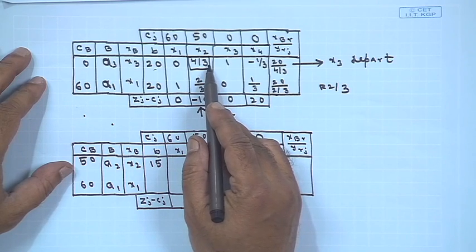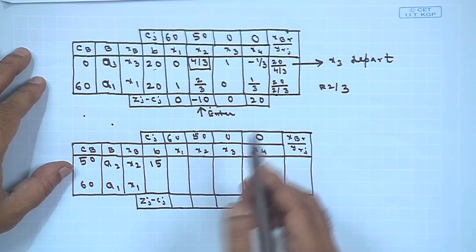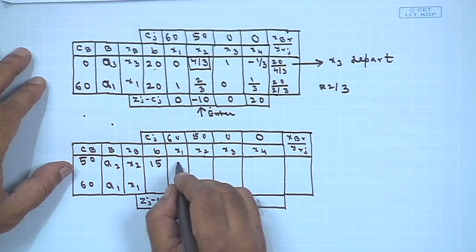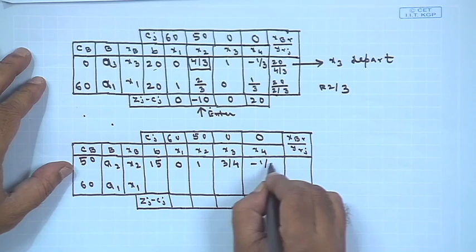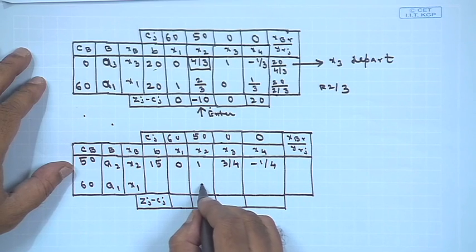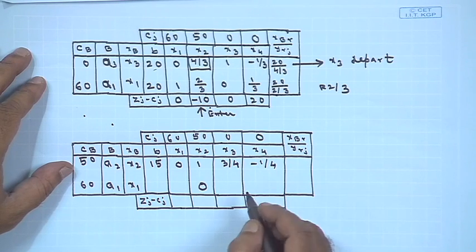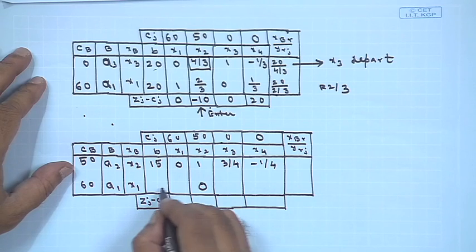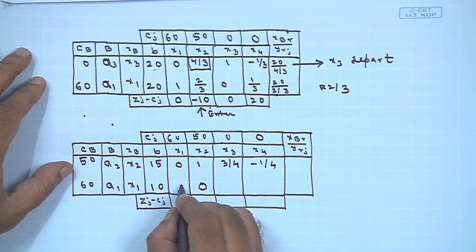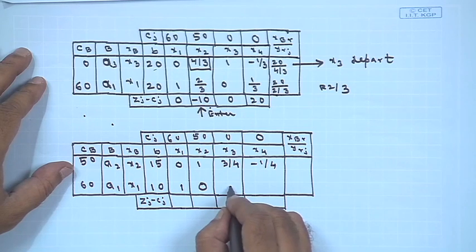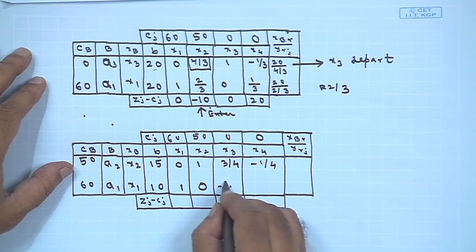I have to basically multiply by 3 by 4 to get it 1. So, in that case other values will be this thing 3 by 4 and minus 1 by 4, and whenever I have to make this x2 as 0 in this case. So, you will obtain the values as b will be 10, this one is x1 is 1, then it is 0, then minus half